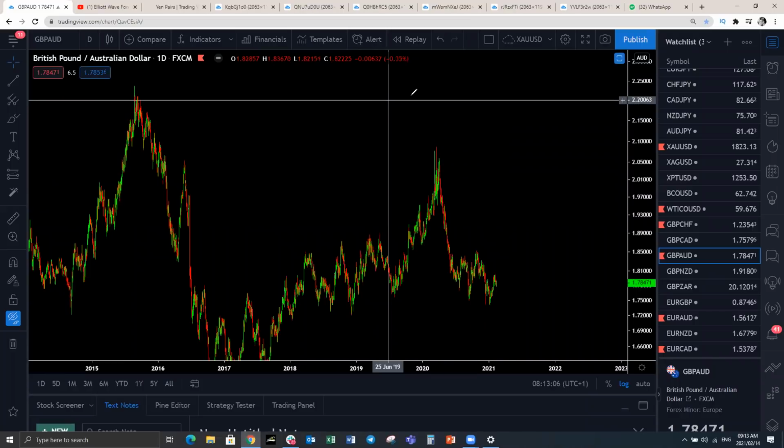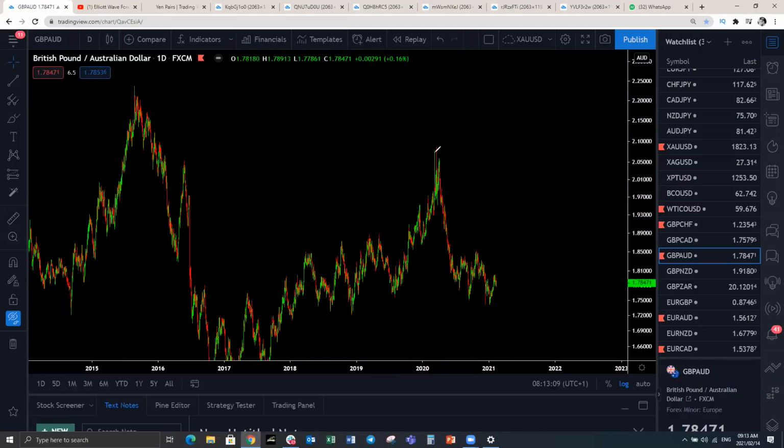Let's have a look here. We've been making this pulsing move to the downside from the beginning of 2020. That's the move we've got. Is this now going to be a running flat and we're going to see continuation to the downside? We may have this here on pound AUD. I've actually got a trade set up for a sell here, looking for this to continue to the downside and do that, and then upside. But let's see what we get from here.